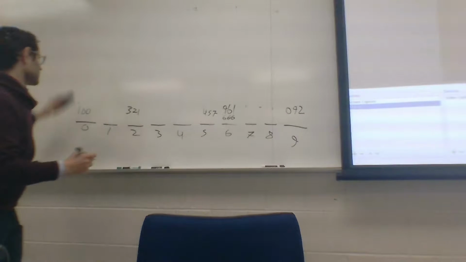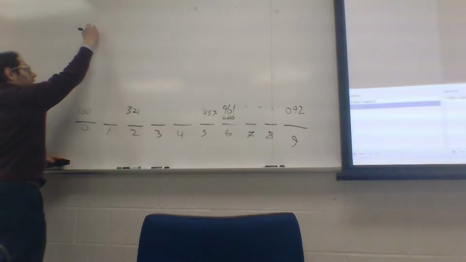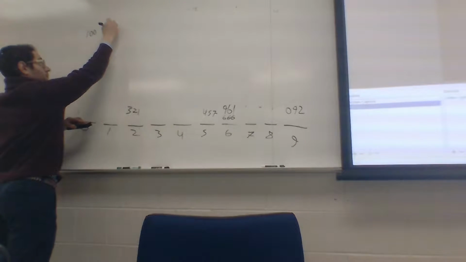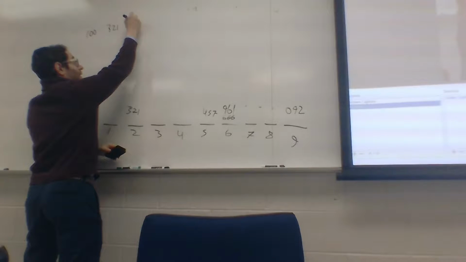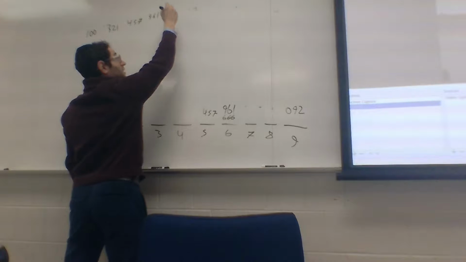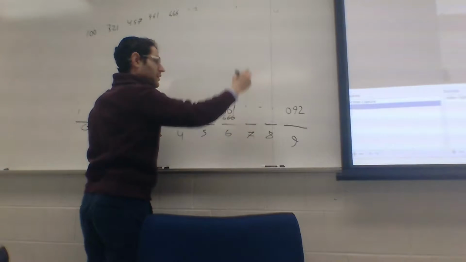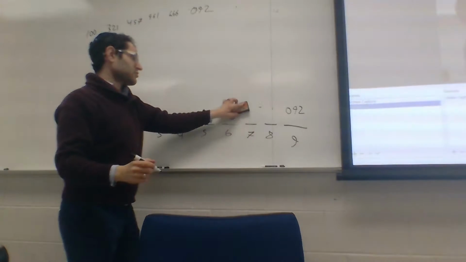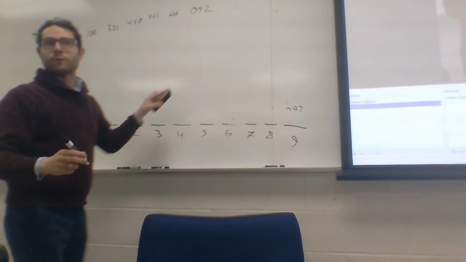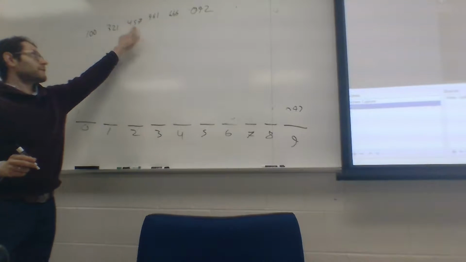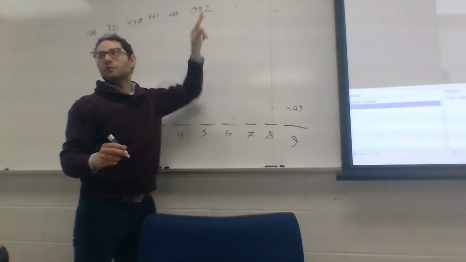we get 100, 321, 457, 961, 666, 092. So now the numbers are completely sorted with regards to their first and second digits: 0, 21, 57, 61, 66, 92.